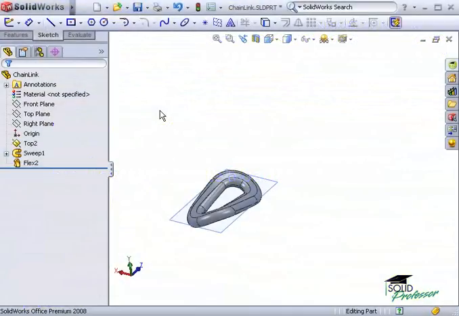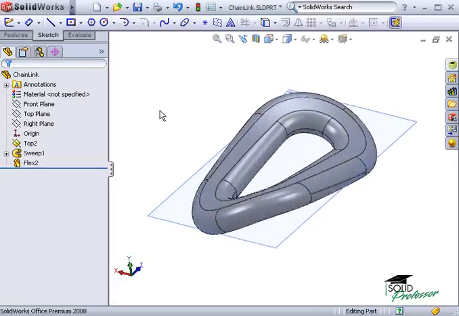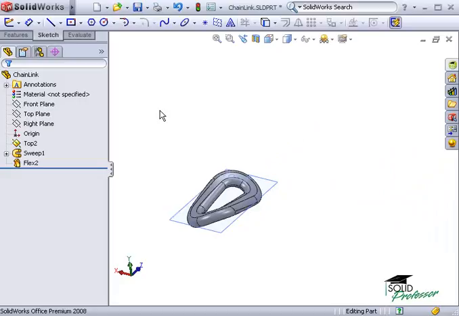When trying to pattern geometry along a specified path, SOLIDWORKS allows you to create a curve-driven pattern. In this part, for example, we currently have a single chain link, which we want to pattern along a path to create a full chain. Now keep in mind that since this will be a curve-driven pattern, we'll first require a curve, sketch, or edge